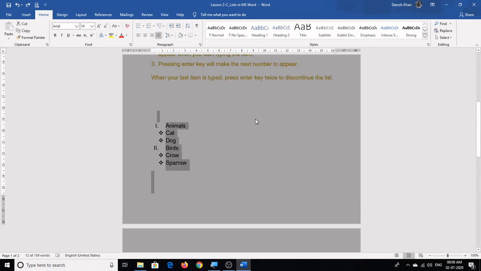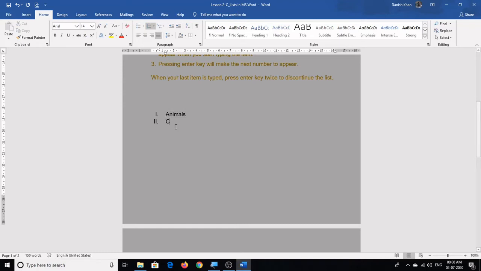Now the second method is, suppose if I delete these items. Now if I want to create a list, first I'll click on numbering and then I'll create list. So I'll type my items first now. Next item, I don't want underline over here, so I'll remove this formatting.